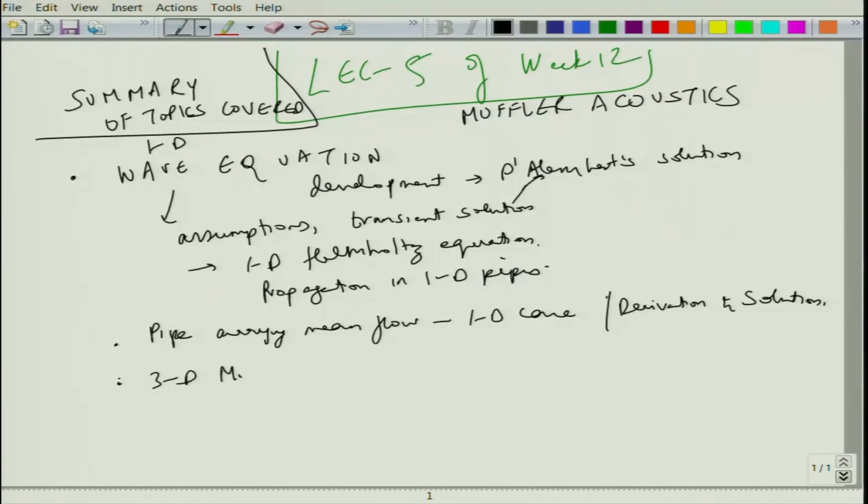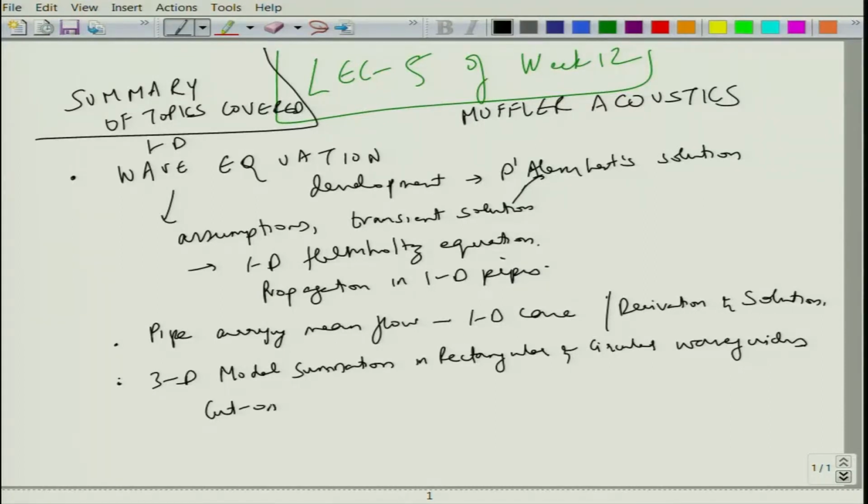Then we did the 3-dimensional modal summation in rectangular and circular waveguides, and concepts of cut-on frequency. This would have helped you in the last few lectures and also lectures of week 11, and all these things will help you in the advanced course that I might offer, and you can consider taking that as well. And then you have your sound pressure level,